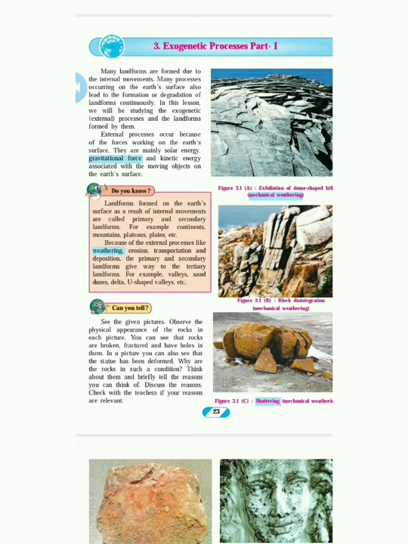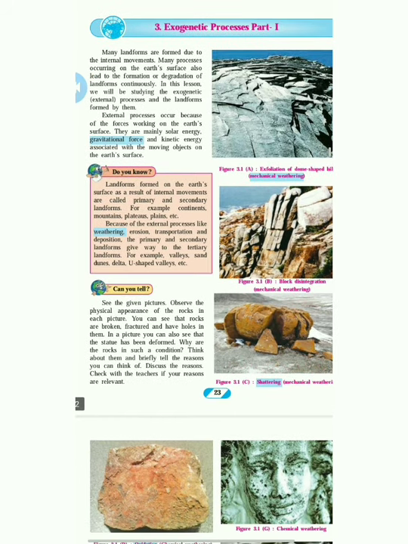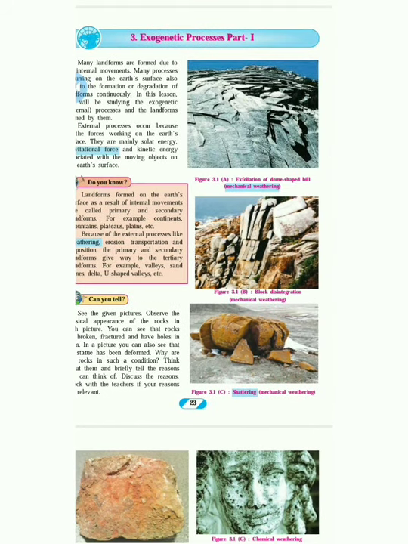See, when something happens in the interior of the earth, what will happen? We can find that whatever the volcano brings from the interior of the earth, then we can see the continents and the plateaus. But whatever happens on the external part of the earth gives you the valleys, deltas, U-shaped valleys, etc. Understand? Now see the pictures, you can see some mountains are very plain,